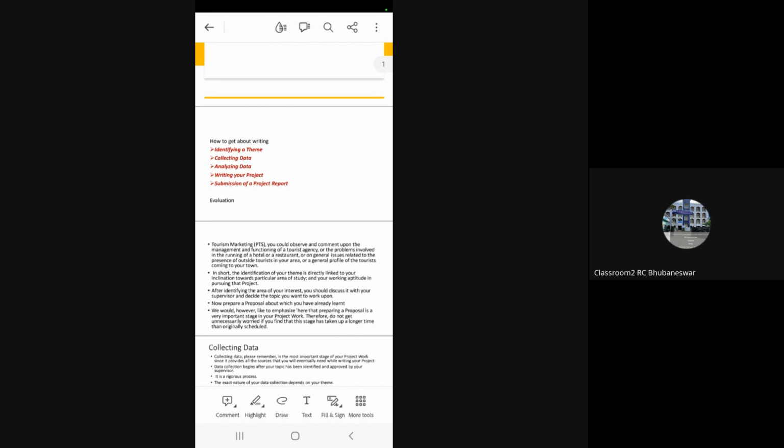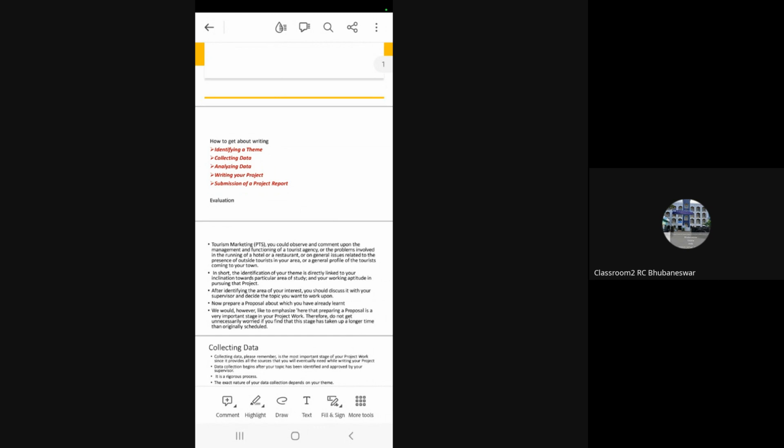First you always have to focus on the facilities that are there. Then there are the drawbacks and all. So you have to collect all the feedback from the tourists. Suppose you take a destination in your area, you have to take the feedback of the tourists, and you also have to collect the general profile of the tourists coming to your town.